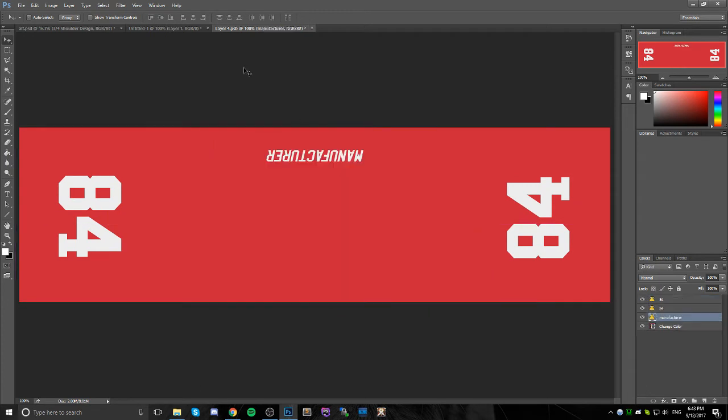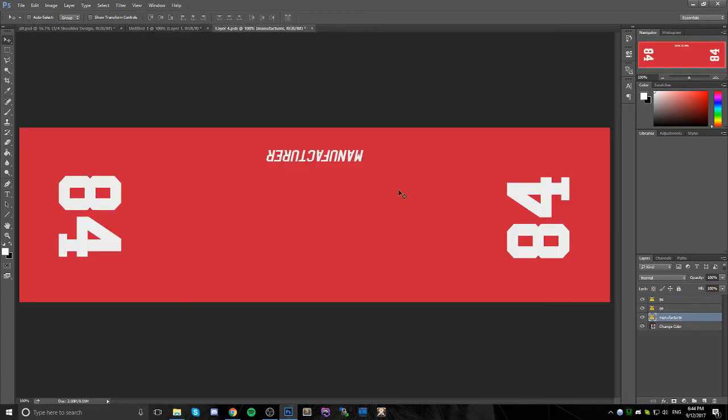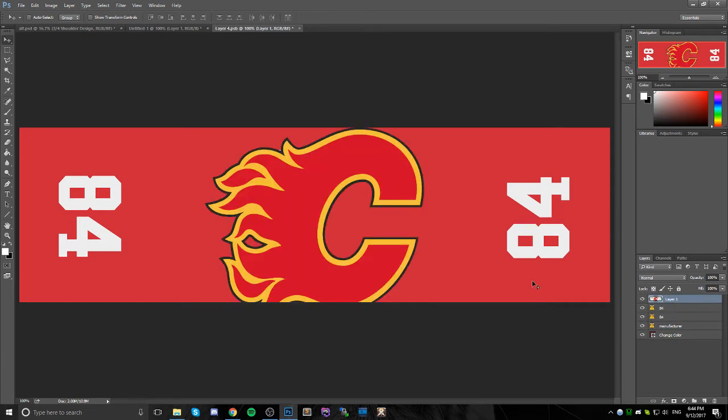Actually, I forgot to do one thing. I usually I'll Control click the layer with the background removed, select, modify, and I'll contract it by 1 pixel. And then I'll invert the selection, Control Shift I, and delete that 1 pixel out from the outside edge, just because it cleans up that white stuff you just saw there. So now that you see all the white stuff's gone around the edges and we got a nice clean logo here,